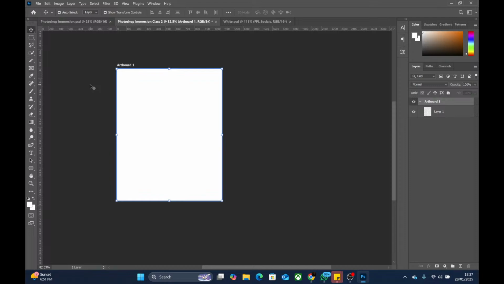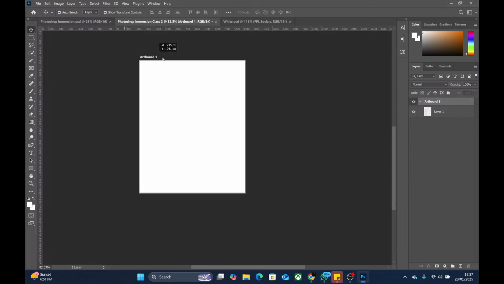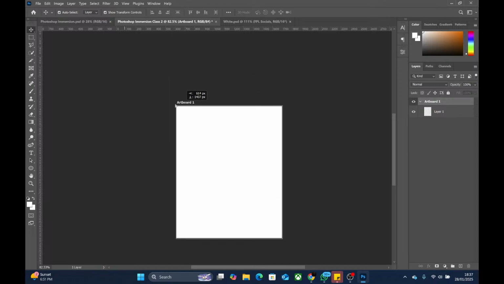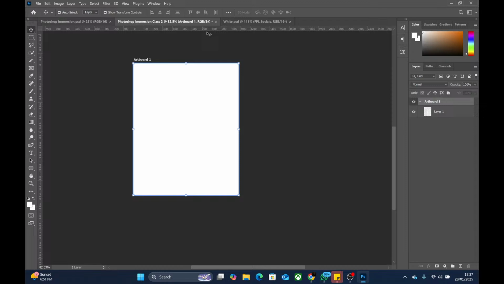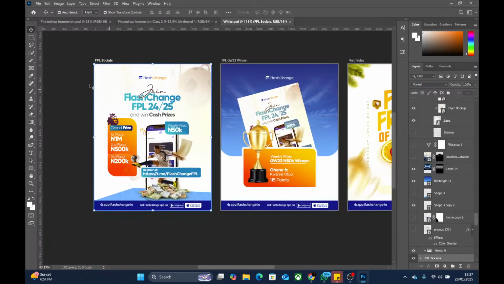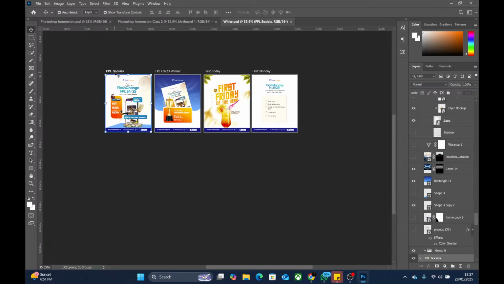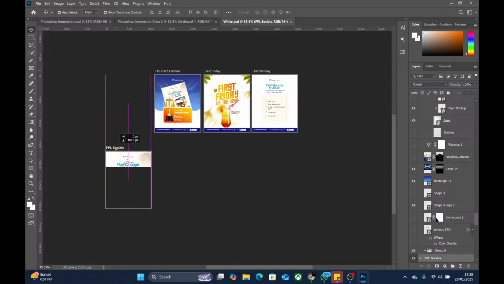Okay, so if that is your move tool, then you can move things around. So if I click on the name of this artboard now, listen to me, I will click and hold. I will not release my mouse. I click, I hold, and then I move around. I drag the mouse around. Can you see it is moving the artboard? So if I need to organize a design, let's go back to this design. If I need to move the artboard around, maybe I need to compare two things, I can just bring one of my designs down, right?